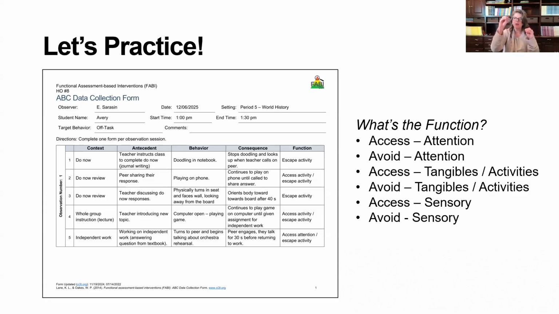So when you're thinking about it, it's either positive or negative reinforcement, access or avoid, and then attention. And then I do want to mention, I remember asking John Umbright in the early years when we were developing the function matrix, why he thought those should stay grouped together, like why not separate tangible and task. And at the time, the logic was and still is that kids want something, presumably to interact with it, like to play with it or enjoy it in some capacity. So that's why they're grouped together. And we often get that question about why those are yoked. And that's the why. And just like what Elise was saying, sometimes it is both sides of a coin.